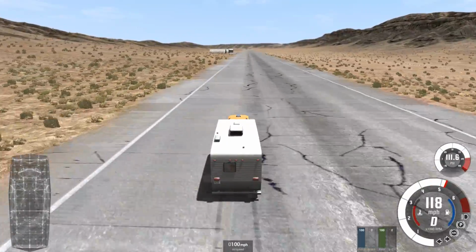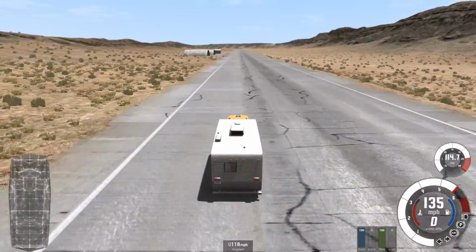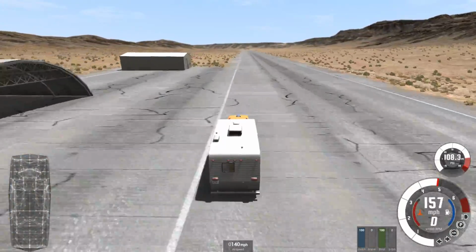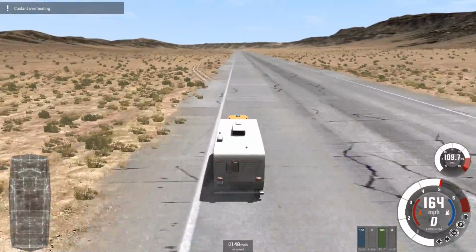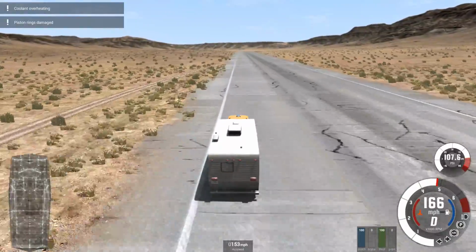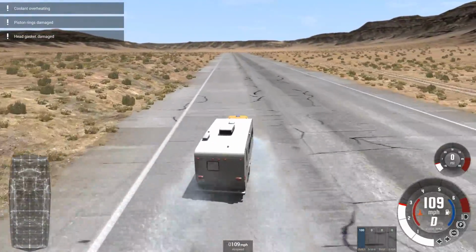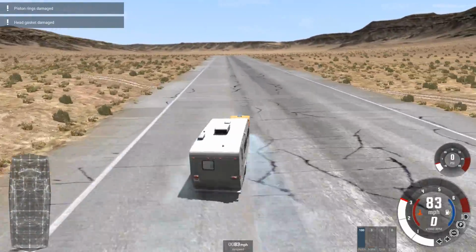Now, stopping the thing from 150, that's probably not going to be that easy. I mean, if it stays cooler for longer, we might even be able to go faster. And I will go faster. No, okay, that's going to blow up. So it's 150. So we got another couple of miles an hour out of it. Now, a controlled stop from 154 miles an hour. Before we even run off the...